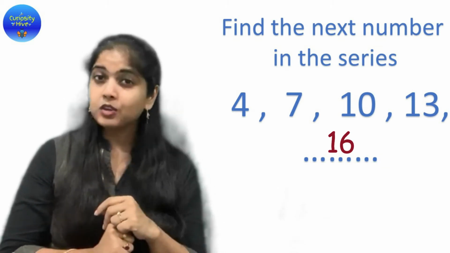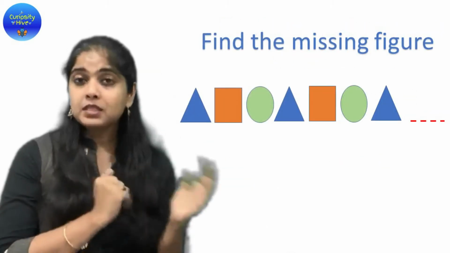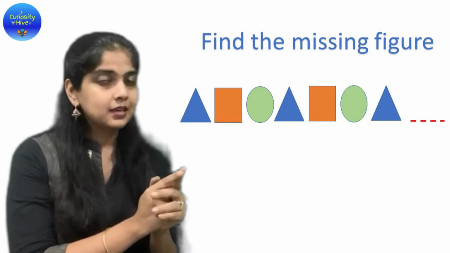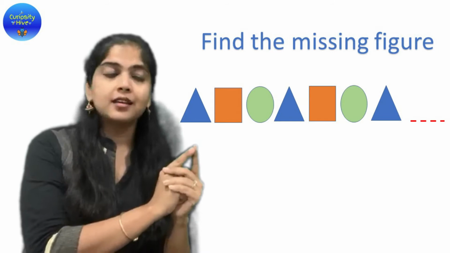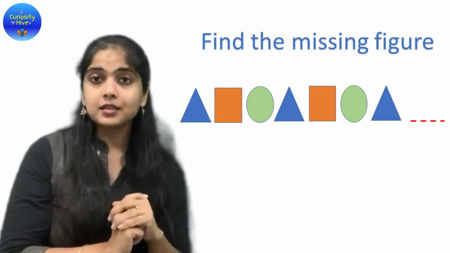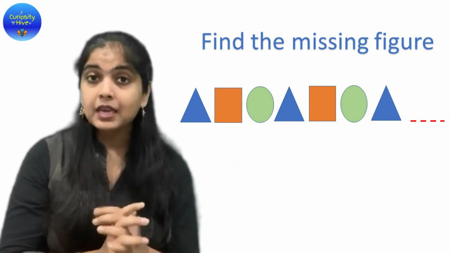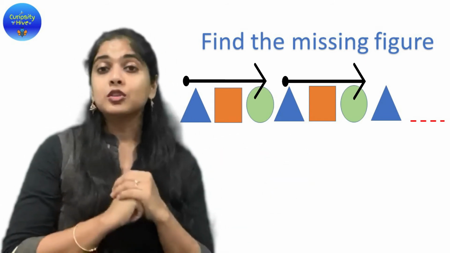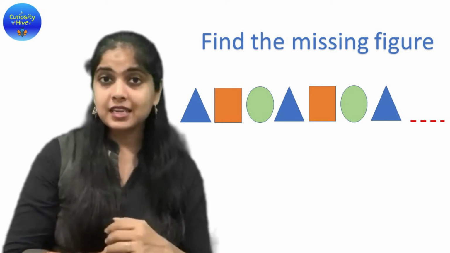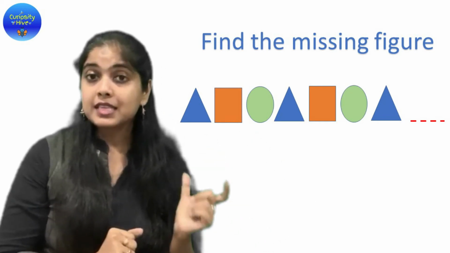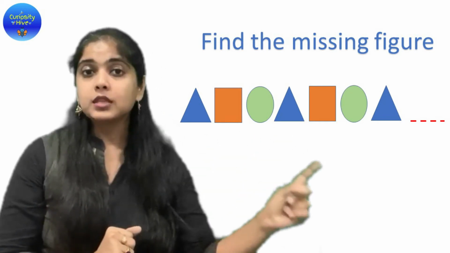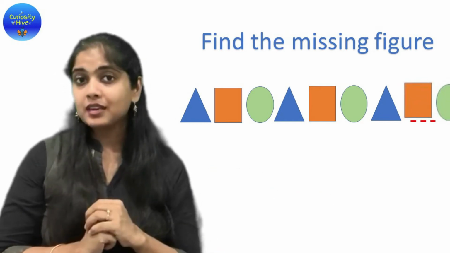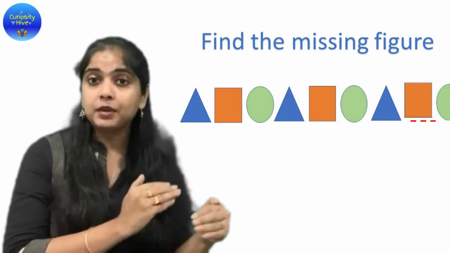Let's look at the pattern of shapes. Now an example such as this, which has a triangle, then a square, then a circle, then again a triangle, again a square, again a circle. So what is happening is that a series of shapes is being repeated. So that is why in the third set after the triangle, the same pattern needs to repeat with the square and then the circle. So this is how we identified the pattern which is repetitive.